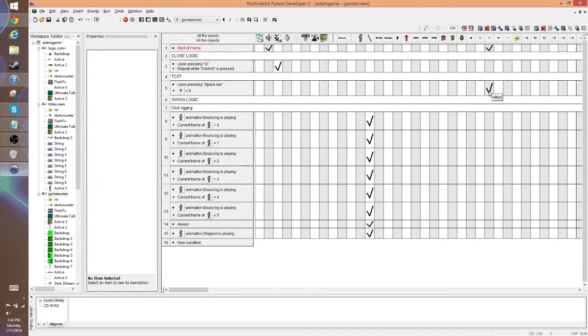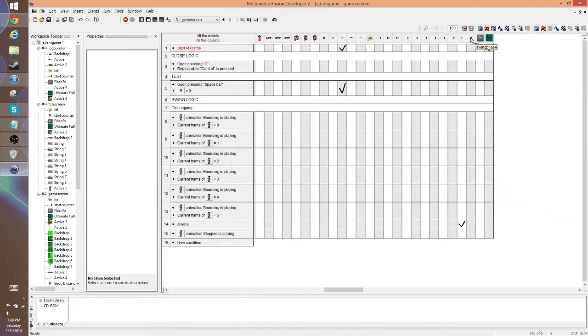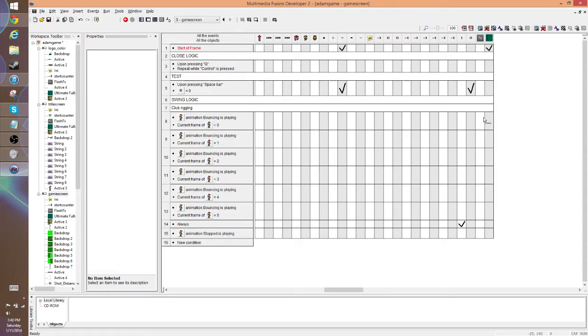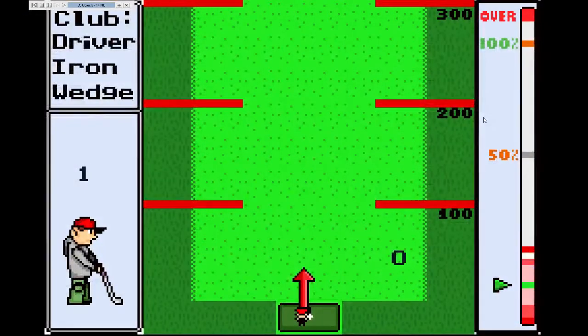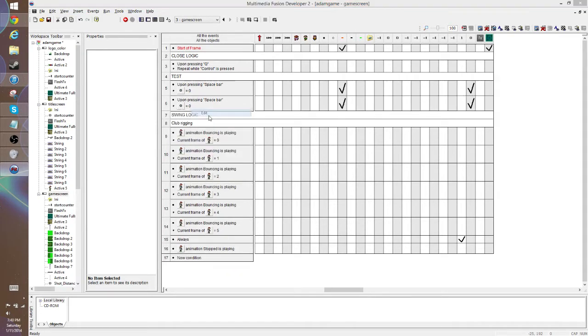Now as soon as I hit that space bar, assuming that I need to change that swing phase to 1, because we are now in on the way up swing phase. Let's go ahead and set that counter to 1. So now, boom, now we got 1. Good. So now, if I hit the space bar and swing phase equals 1, then we need to